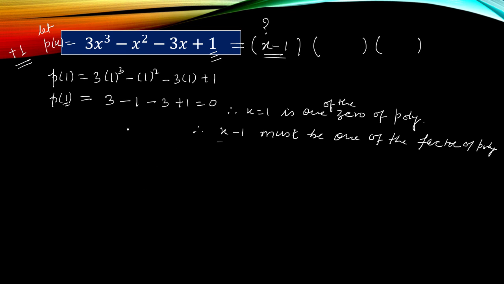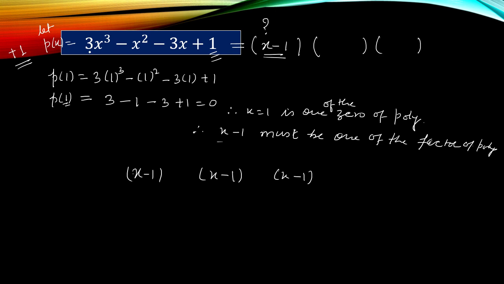Now the method, repeating again: we will write this x minus 1 three times, because this is a cubic polynomial. That's why we have to write x minus 1 three times. First factor we will write three times, and now we will multiply some literals or constants in these three x minus 1s to get the polynomial again.